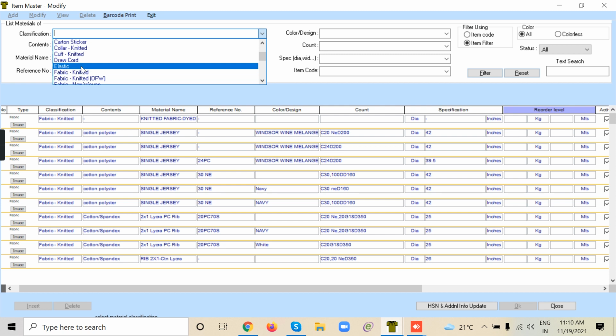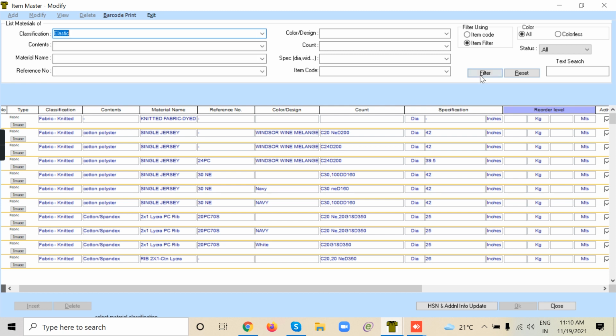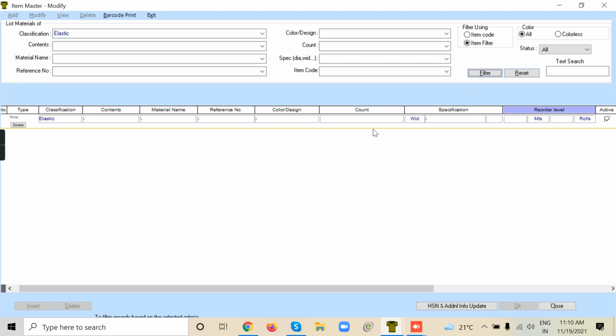Then you have other items like elastic, but the structure is the same: classification plus content plus material name plus reference, color, count, specification. This is the structure of an item. All types of items, consumables, stationery, electrical goods, or trims, will have to come under this structure only.